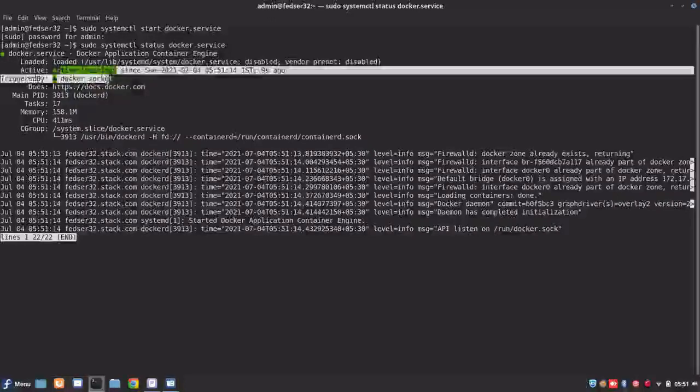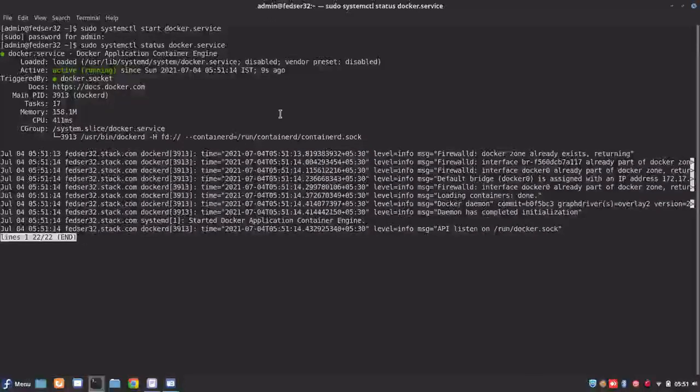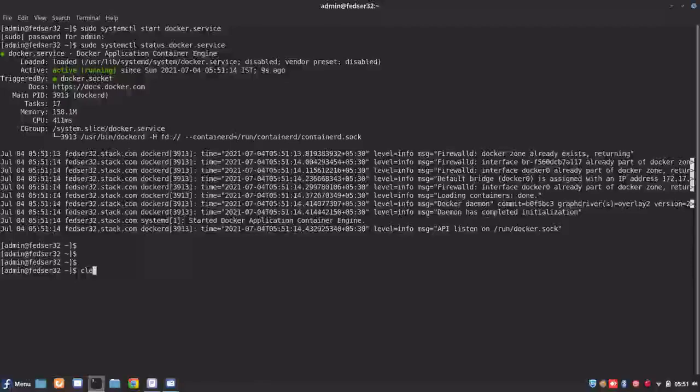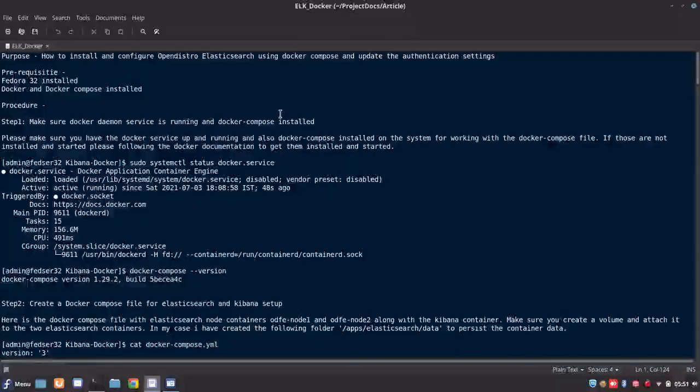Okay, so I can see my Docker service is up and running now. Once you have verified that Docker Compose and Docker are up and running, the next thing that we want to do is prepare the Docker Compose file. Okay. So I have my Docker Compose file already kept ready.